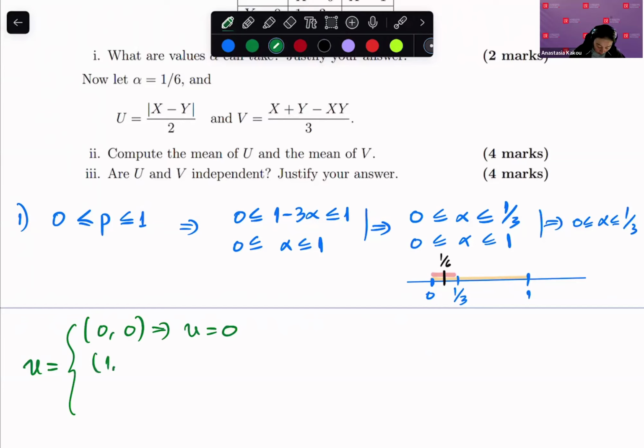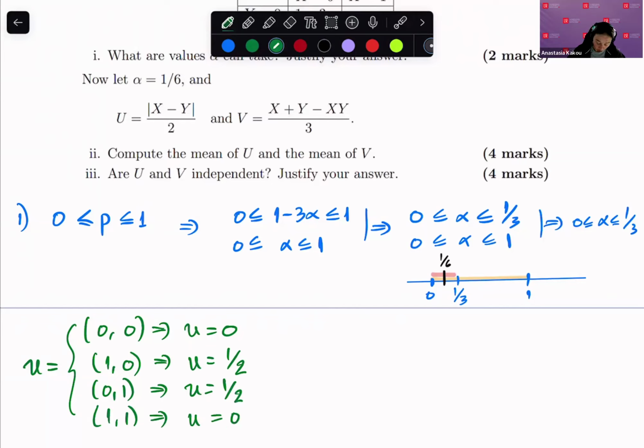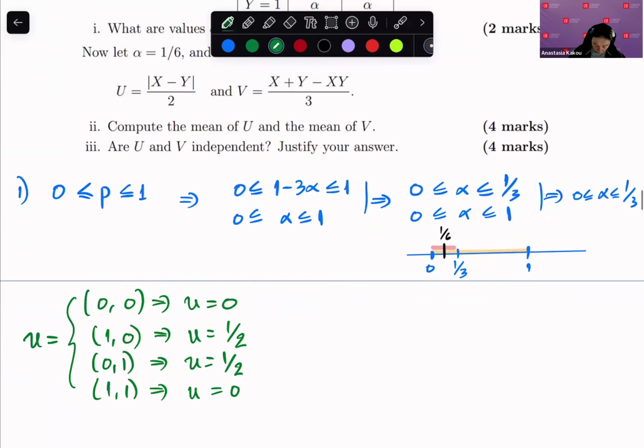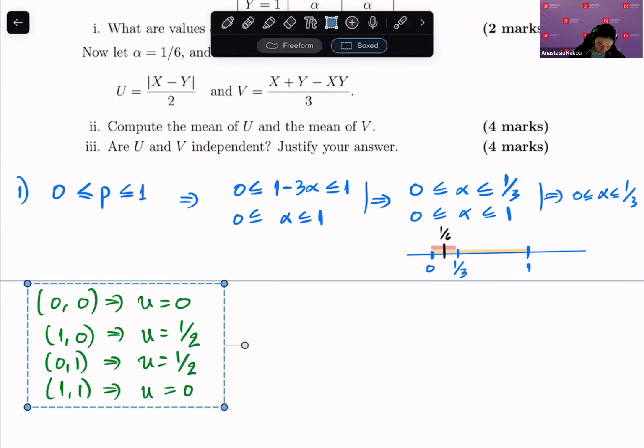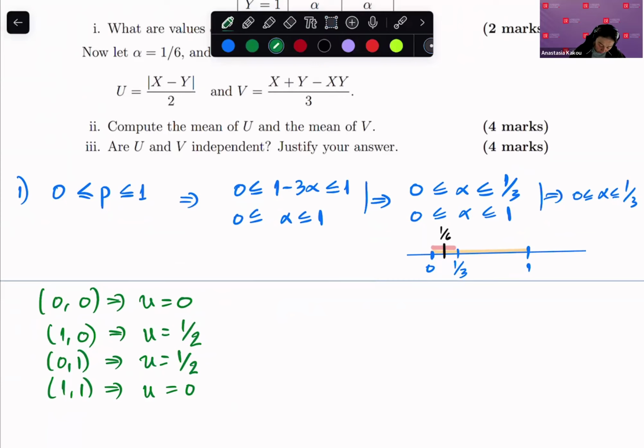If you have 1 for X and 0 for Y, U will be a half. 0, 1 will give you a half for U, and 1, 1 will give us 0. So from this, we see that